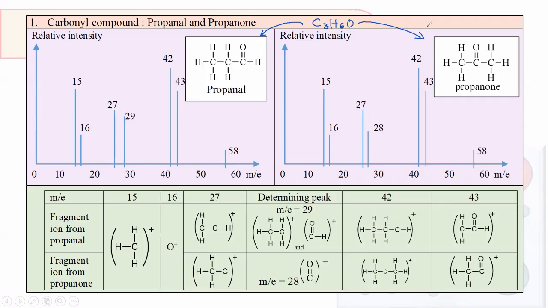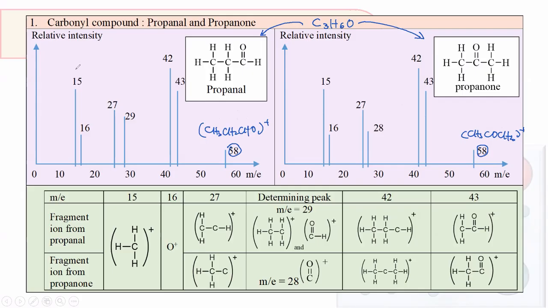So I'm going to show you what the peaks are that can probably be provided by propanal and propanone. And from these peaks, you can probably see the differences between the two mass spectrums in here. Okay, and there is one determining peak which will distinguish between propanal and propanone, which we will look at together. Of course, the last peak, 58 in here, indicates the molecular mass of the whole substance, where the 58 in propanal is CH3CH2CHO plus, whereas the 58 in propanone here is CH3COCH3 plus,